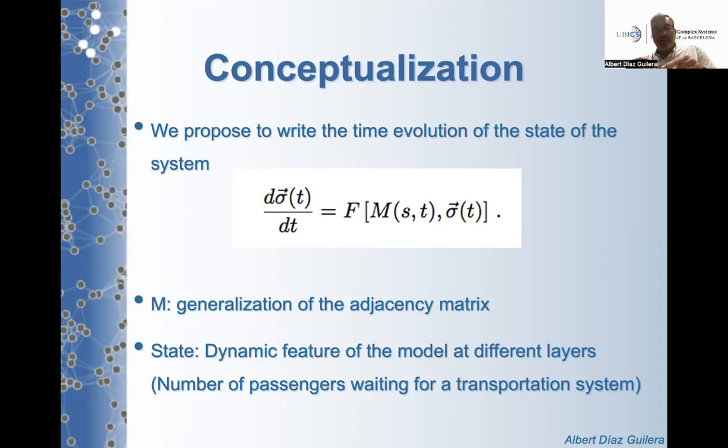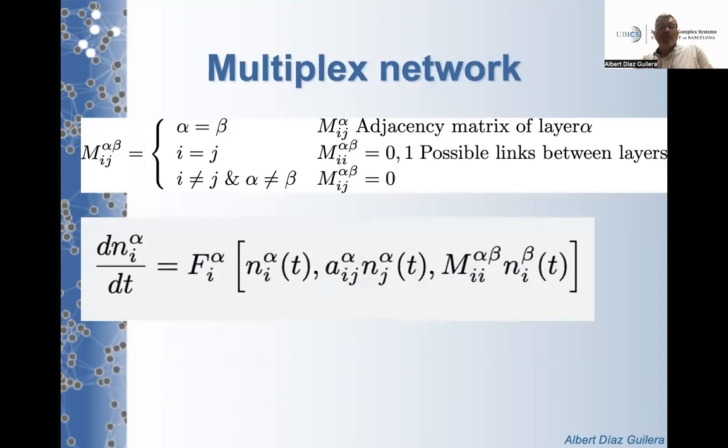So we will see later how we should precisely write this general adjacency matrix. For instance, the state of the variable is just a kind of dynamic feature of the model at the different layers, for instance, which can be the number of passengers waiting for some transportation system. Well, in particular for a multiplex, what we have is this matrix, which is a kind of 4-indices object, in which we can specify that when alpha is equal to beta in the top indices that correspond to the layers, so when alpha is equal to beta, we think that it corresponds to the adjacency matrix of